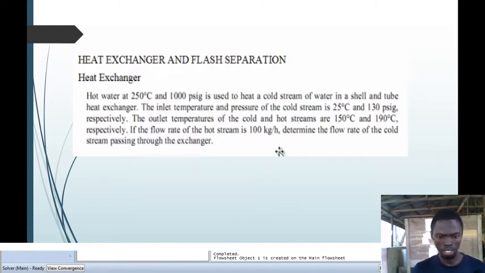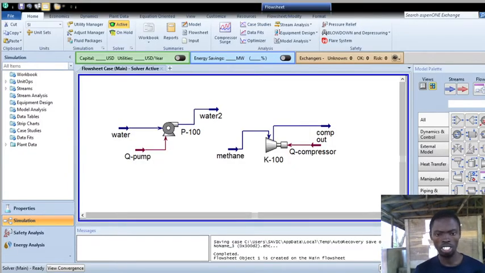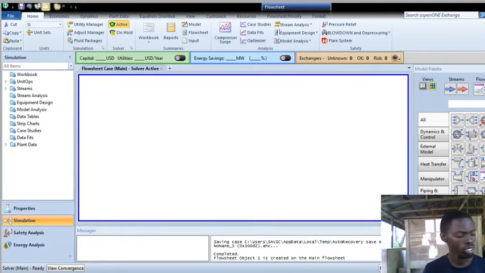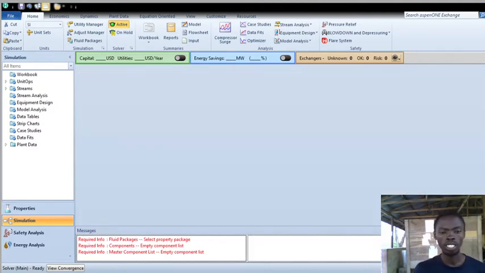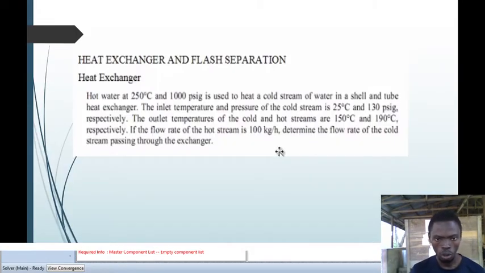Let's create a new case, of course. Control N to create a new one. So, heat exchanger. Now from our question, look at it very well. How many components do we have?